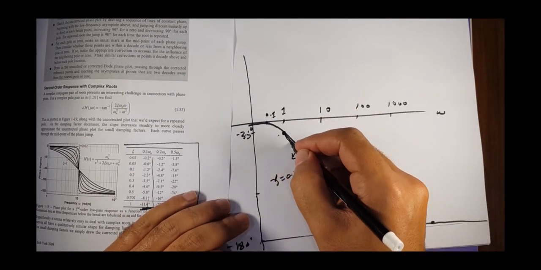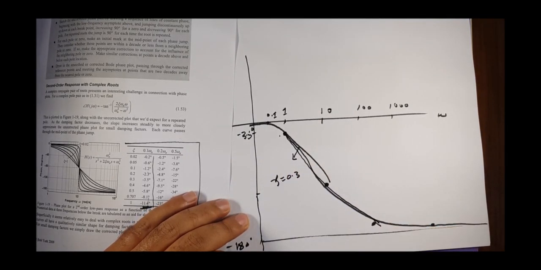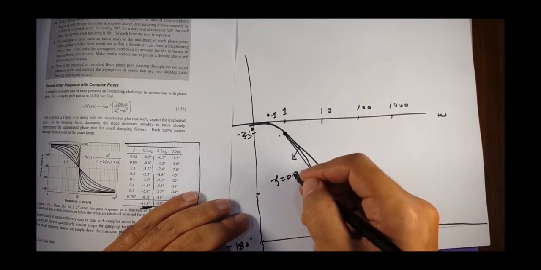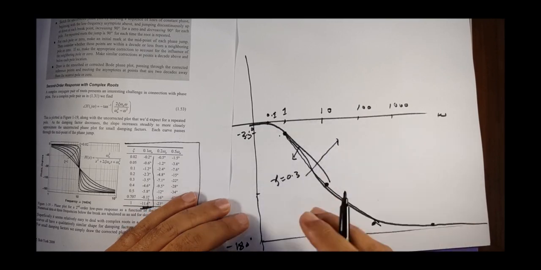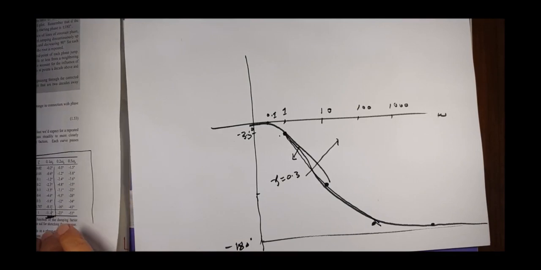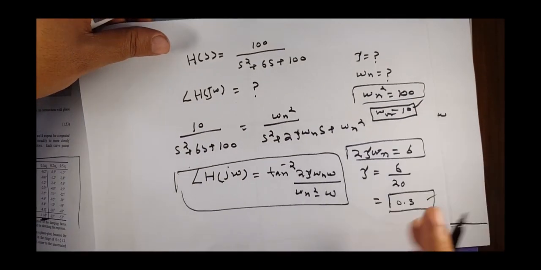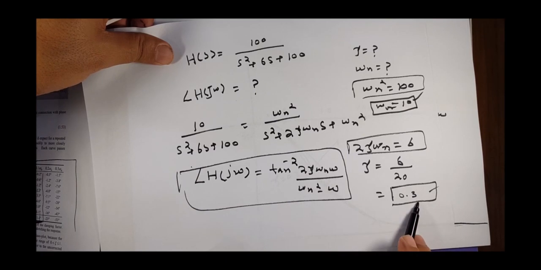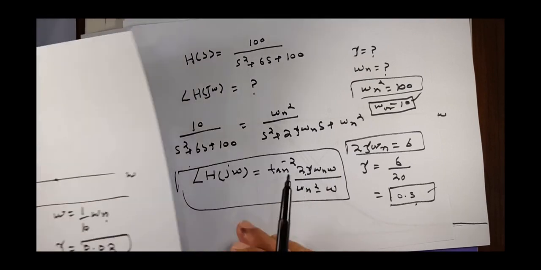away from this point to this point. But if zeta decreases, this will go this way. But if we increase zeta value, this plot will go this way. How? Just go back and look at your value of your phase. Here this is 2 zeta. If I reduce this to say 0.3, so if this is 0.1, our angle will be